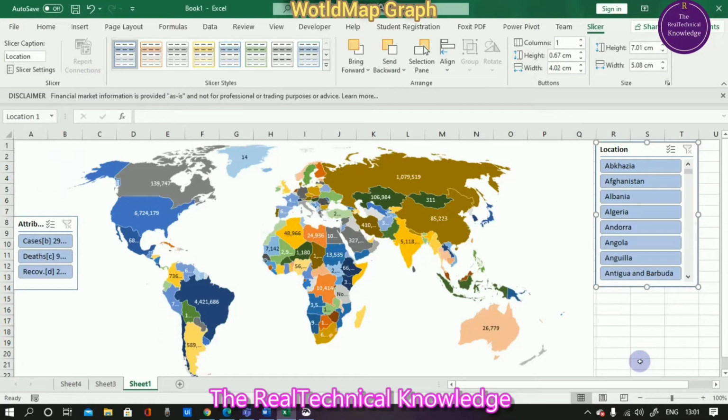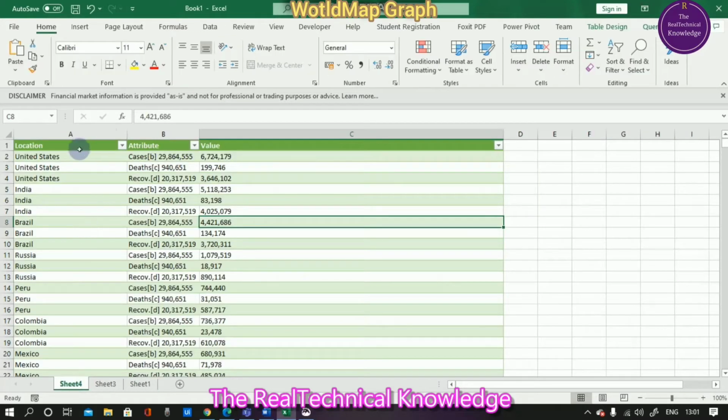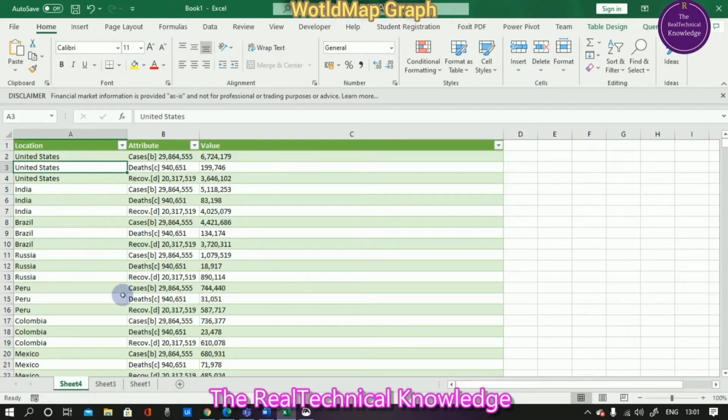So now we will create a map graph in Excel where the data will be pulled from the Wikipedia website. So this one is the map graph where we have a source data, and this data is pulled from Wikipedia.